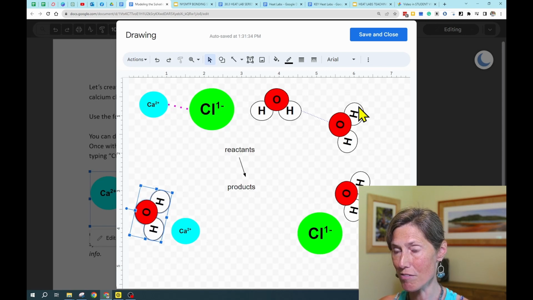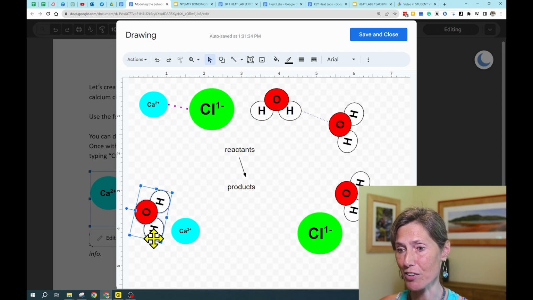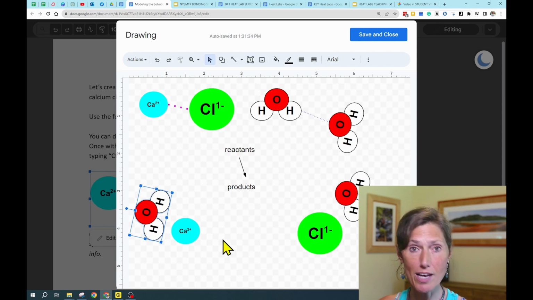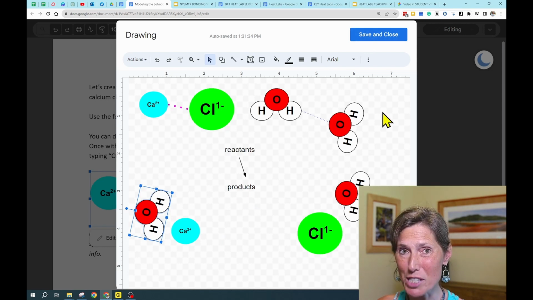What's delta positive? What's delta negative? How should the calcium and water, in particular the hydrogen and oxygen atoms, be oriented towards one another that favors Coulomb's force, that favors opposites attract? You think about it. Once you're all done, you can hit save and close, but sometimes the internet is not